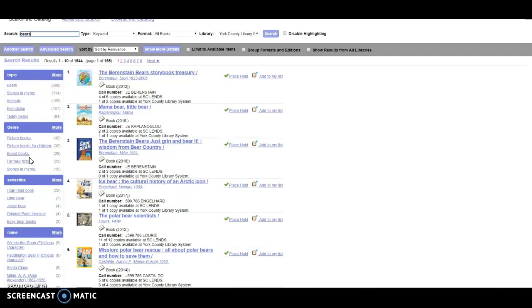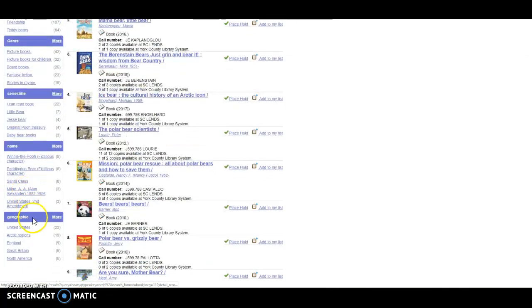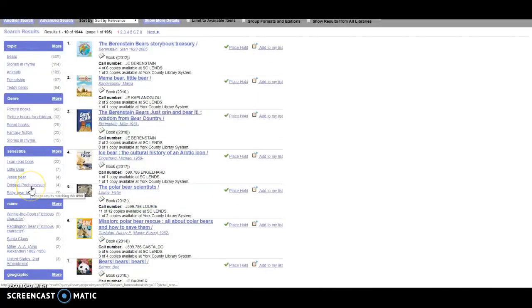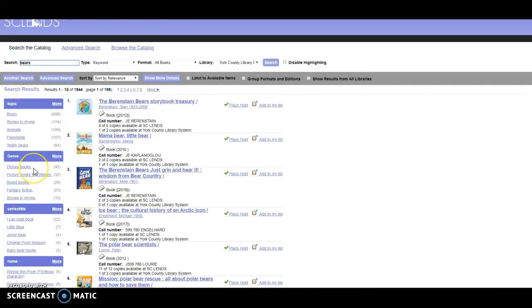So let's see, there is topic. So there's different bears that I could click more to see what else they have. And then there's genre, series title, name, geographic. So I want polar bears, and I want for kids, like nonfiction information. So these, I'm sure I could probably play around with them and click on them, but I'm going to go